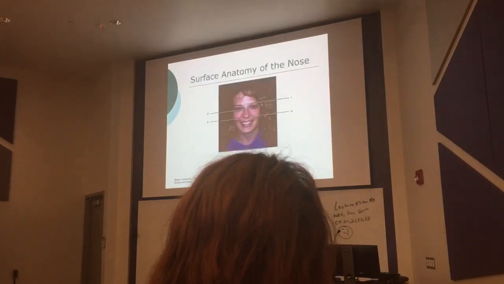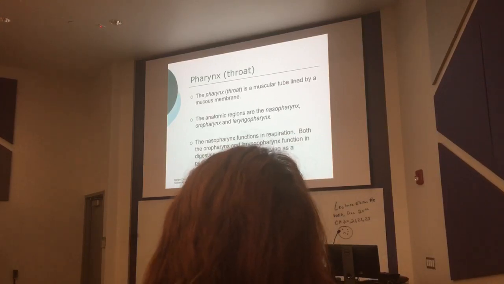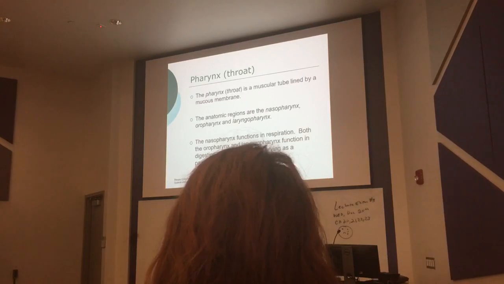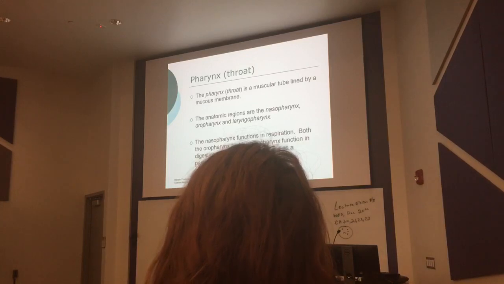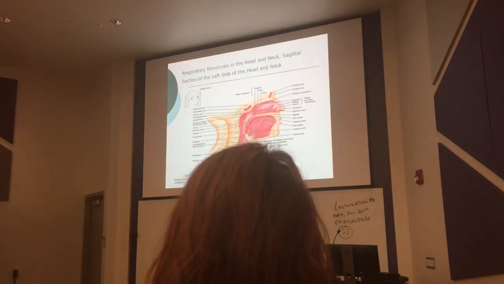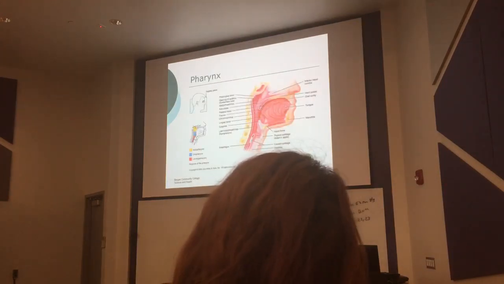Okay, so again, very important. What is the pharynx? It is the throat. It has three parts: the nasopharynx, parallel to the nose, the oropharynx, by the mouth, and the laryngopharynx, by the larynx. The nasopharynx works in respiration, whereas the laryngopharynx and oropharynx carry food and are also a passageway for air. So you can bypass a blockage if you're choking with tubes, going right up past it, or they can intubate you too. And it's just where it is.